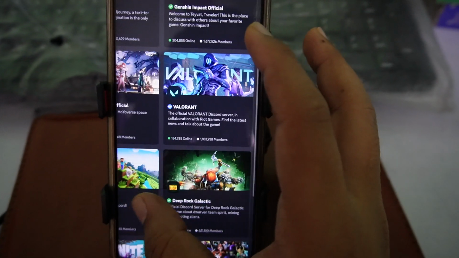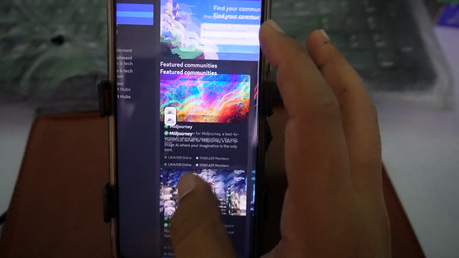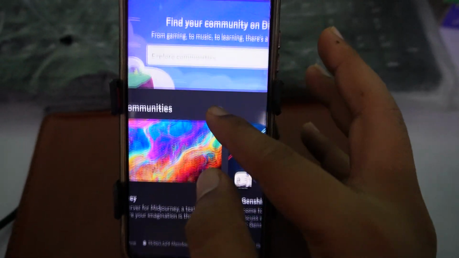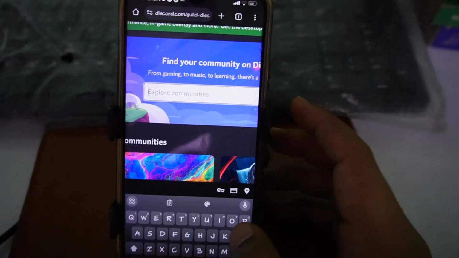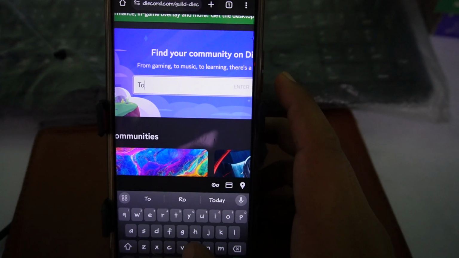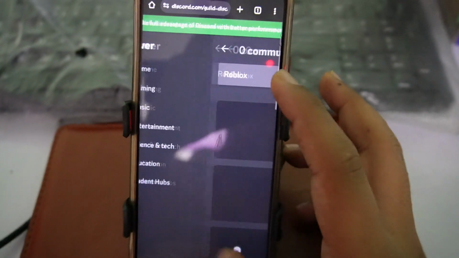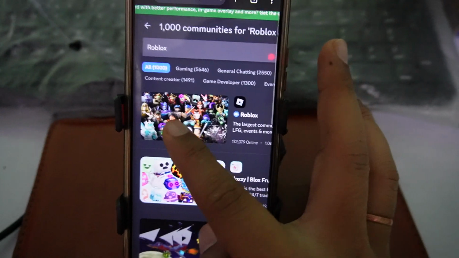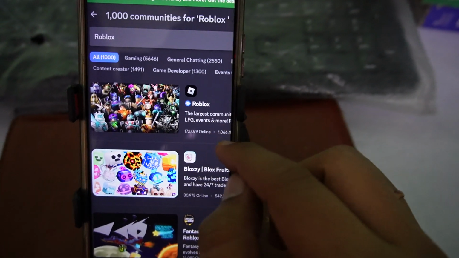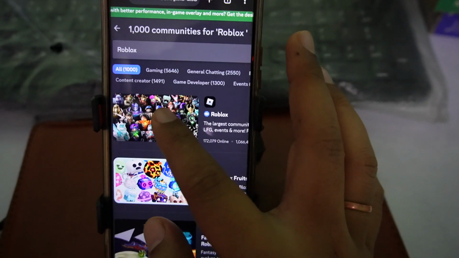So here the popular servers are already listed. So if you want to search for a particular one, you can search for it. Like I'm going to search for Roblox. Let's see. So I got this Roblox server here. It's verified. Just tap on it,